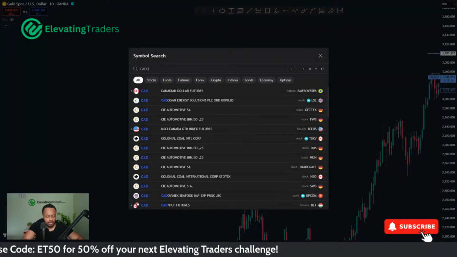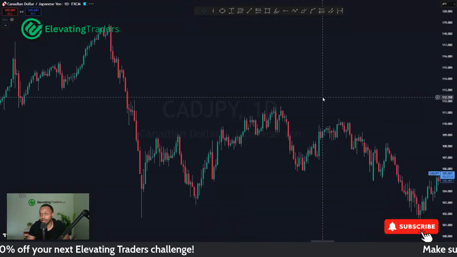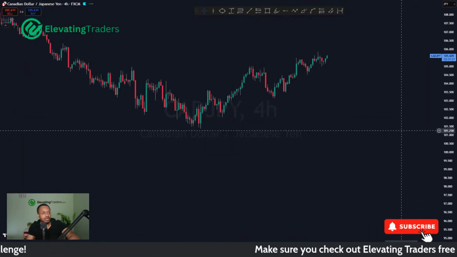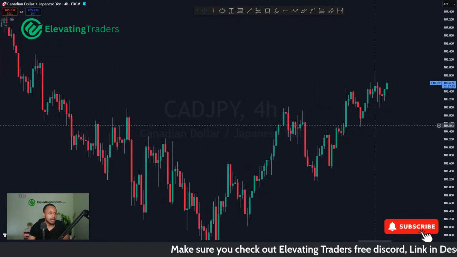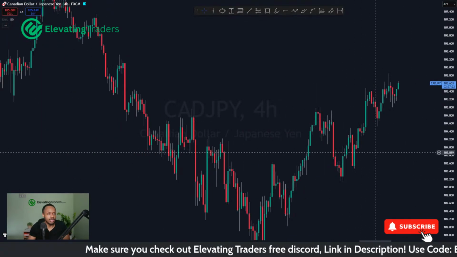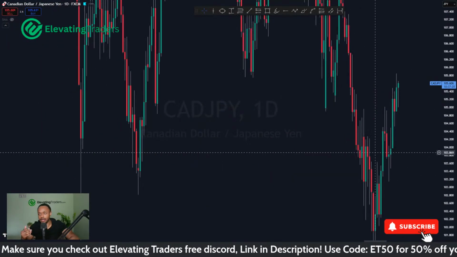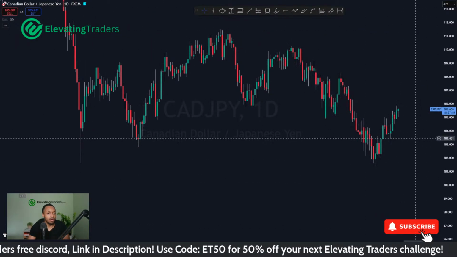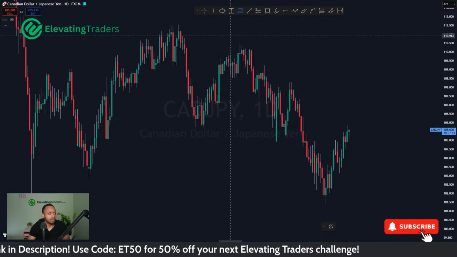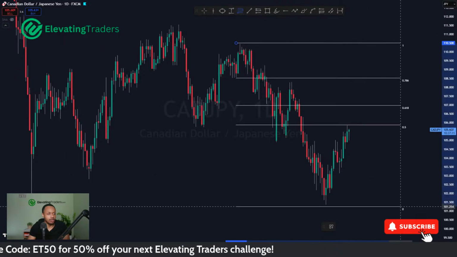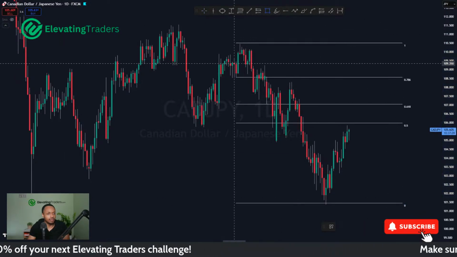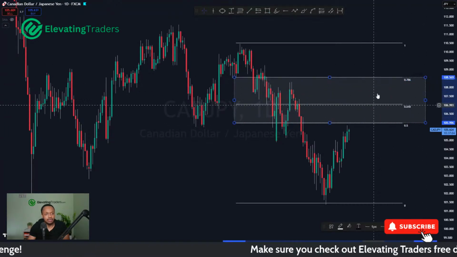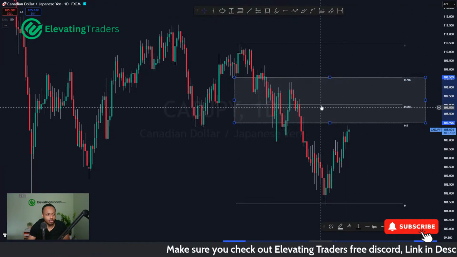CAD yen. So CAD yen, it looks like the yen pair is a little bit strong, at least last time I checked. I need to be careful with that, because the last time I checked, gold was a bit sideways and it's flying. Yeah, it looks like CAD yen is still pretty bullish there. Again, I'm getting ready for a sell for CAD yen. Excuse me. I'm looking for price to come a little bit higher. If I whip out the old fib from the high to the low, anywhere between the 0.5, 0.618, even the 0.786, anywhere in here, I'm looking for potentially a lower high to form.